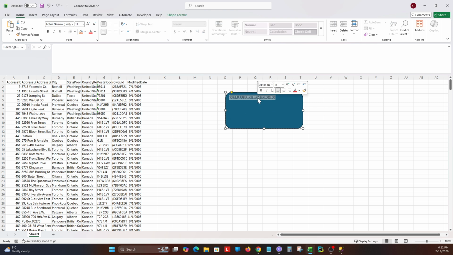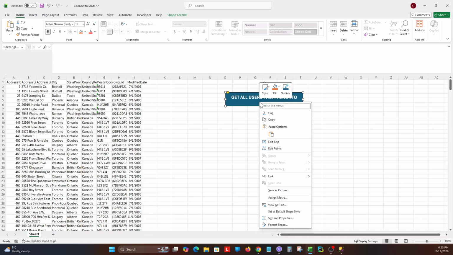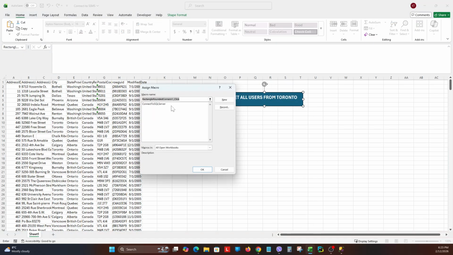And yeah, maybe I should increase the font here a little bit to, let's say, 16 and center it. Not sure why it doesn't select the entire text. Okay, now it does. And then I can simply make a right click, assign macro, and assign it to this